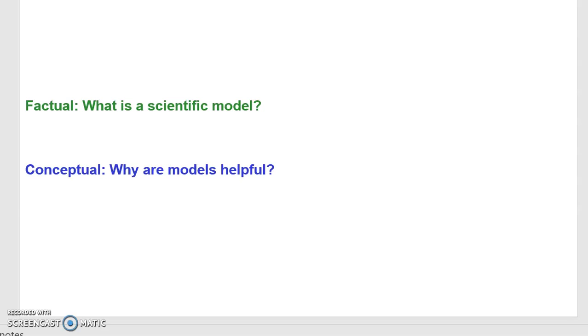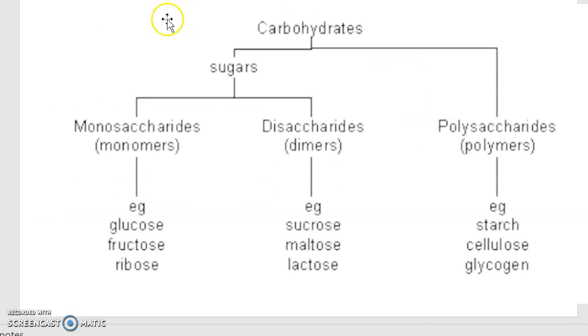Okay, so a quick reminder of the factual and conceptual questions that we need to keep on coming back to. It's all about scientific models. And in this case, we're talking about a model as the classification of foods into different components. And then we're going to break that down further into looking at biological molecules, which are modeled to make it easier for us to see, which is why they are helpful. So here, you could say that this is actually a model,